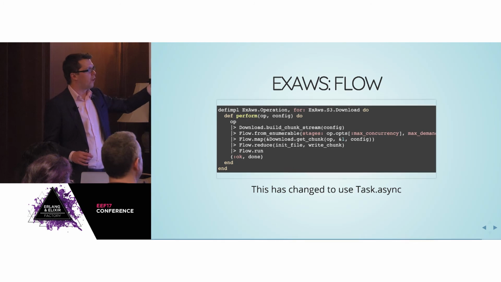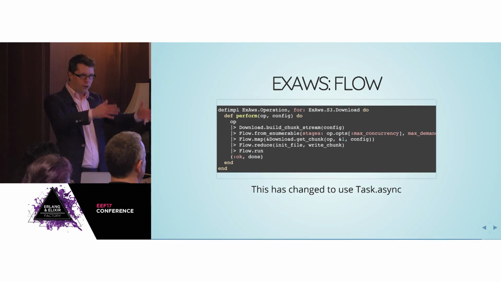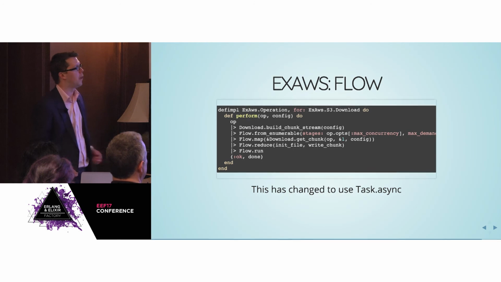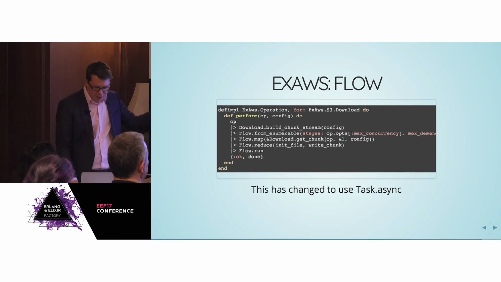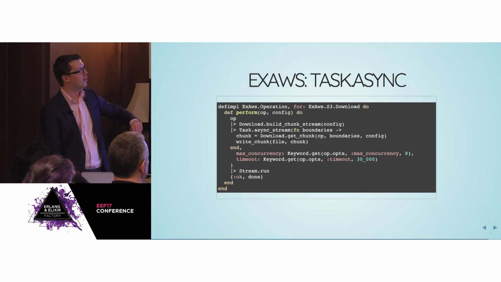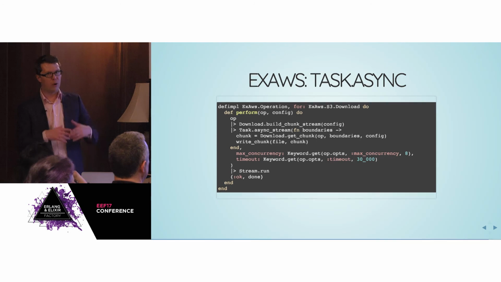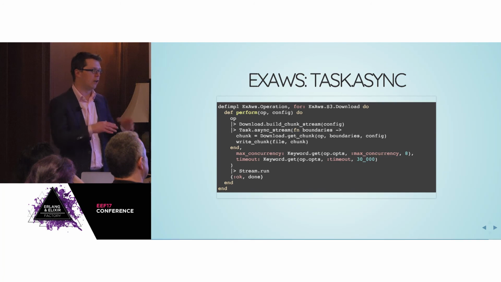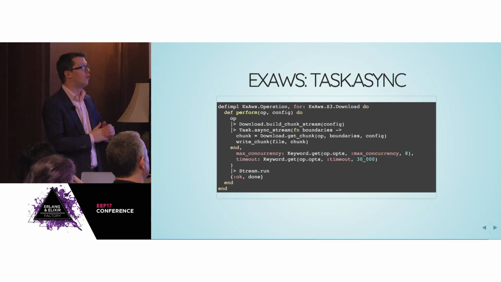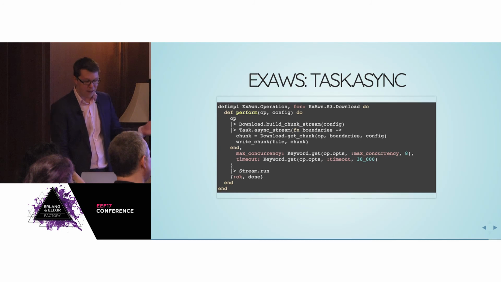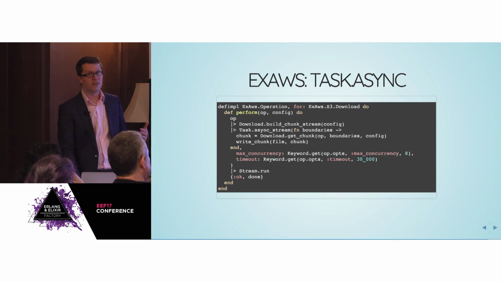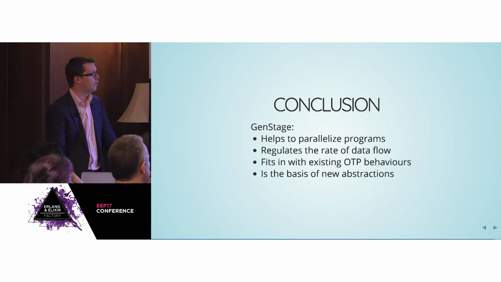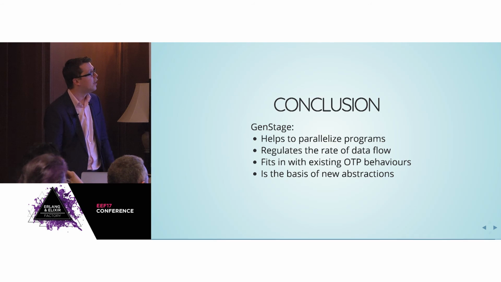Yeah, so it's basically doing the same thing. Here it's downloading files from S3, but it's chunking them and putting each of the chunks through different pipelines and putting it back together at the end. But even though this came out in 2016, this is no longer the hottest, newest way of doing it. Elixir 1.4 introduced task async, which is really perfect for these chunking or multiple downloads, anything like that. So that's already changed. And again, if you're working with a library, you don't necessarily see this unless you're digging through it for a presentation or something.